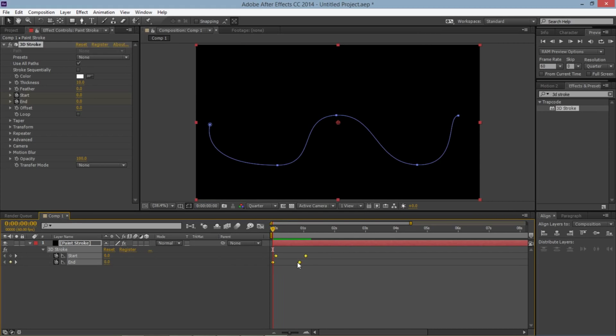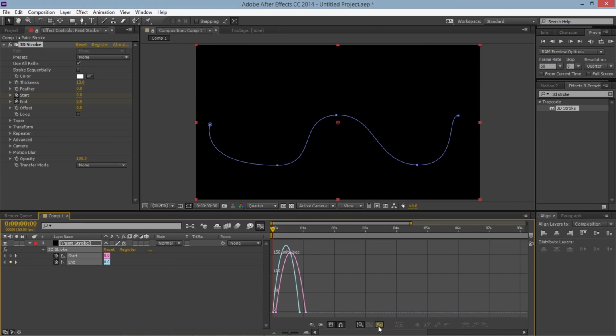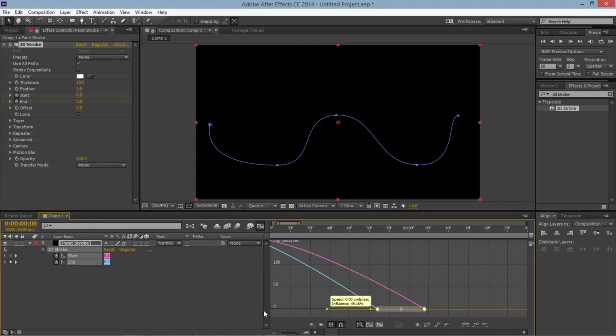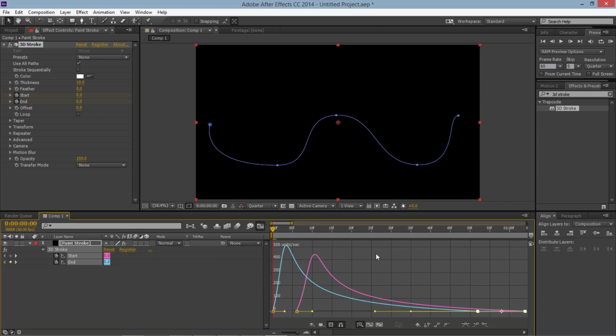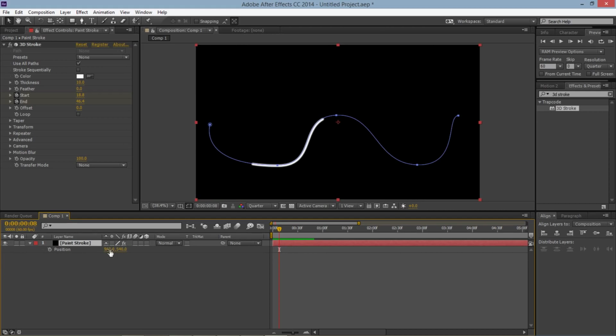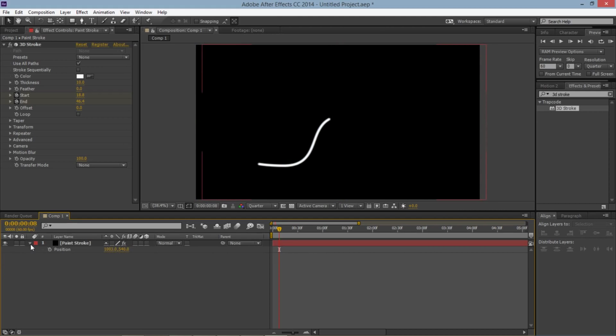So I'm going to select all of it, right click, Keyframe Assistant and Easy Ease, or you could just press F9. Go into your graph editor and select the two furthest left keyframes, drag them to the left just slightly, and drag these two all the way to the left. The reason I'm doing this is so I can smoothen the animation out just a bit. In fact, I can actually move this just a bit forward. Nice. The path looks horrible, but it will turn out nice, hopefully.